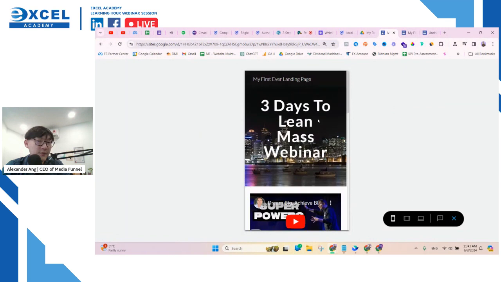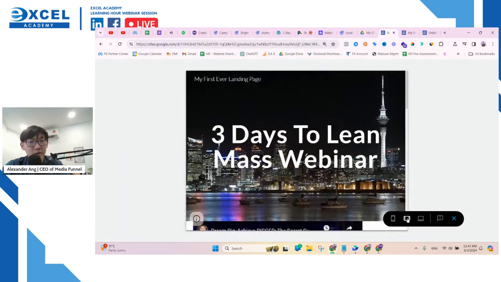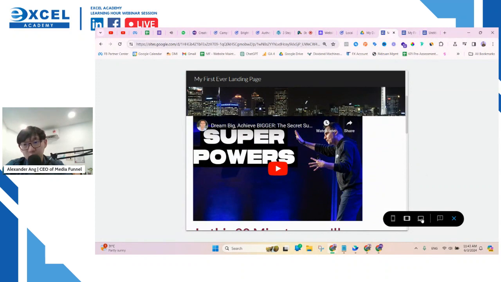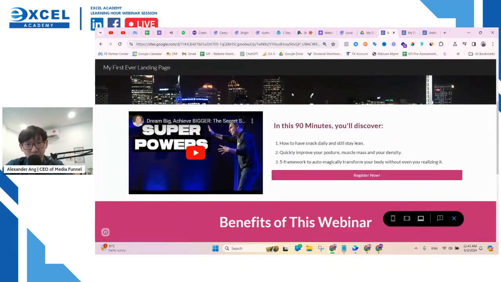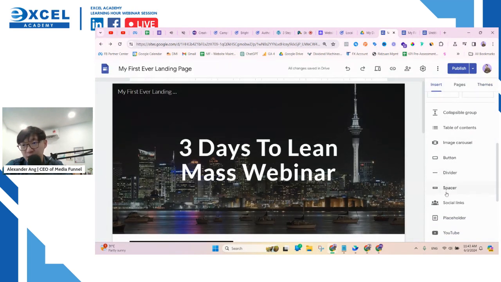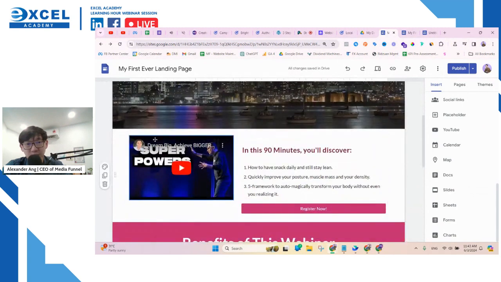So there are a few thoughts about this. It's definitely not very mobile, sorry, not tablet friendly. So it's a give and take thing. It's either you find ways to adjust this using desktop, then you just add elements, add some divider, right? Under insert here, you can see some divider, spacer. So you can add a bit of spacer here and there to make it look nice,